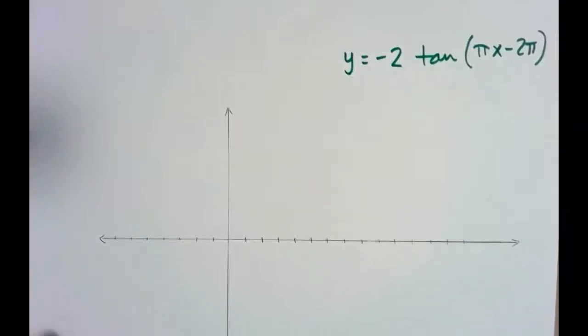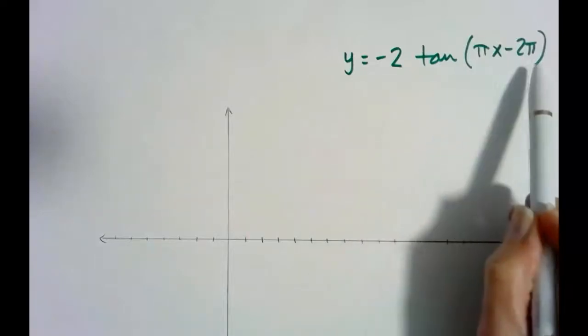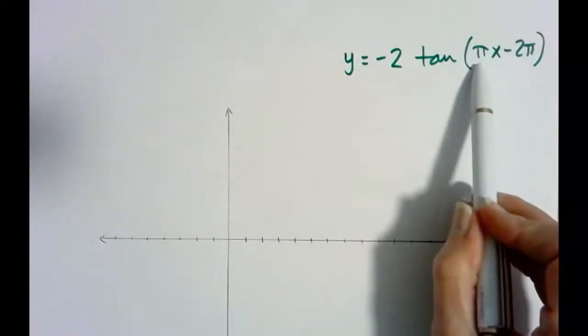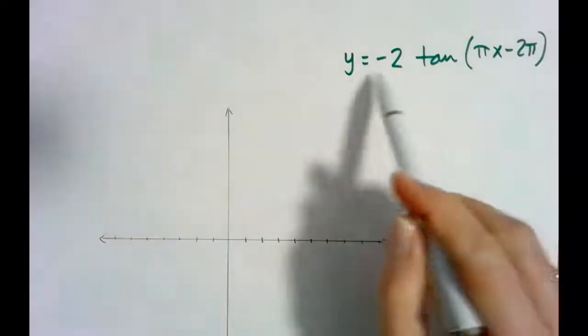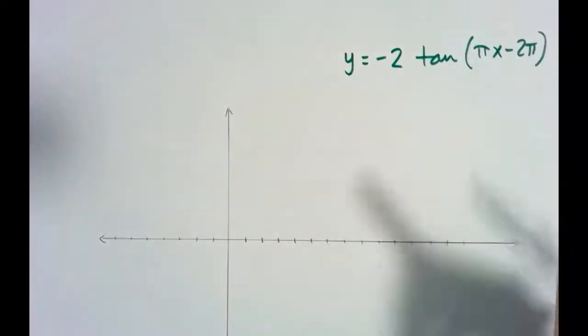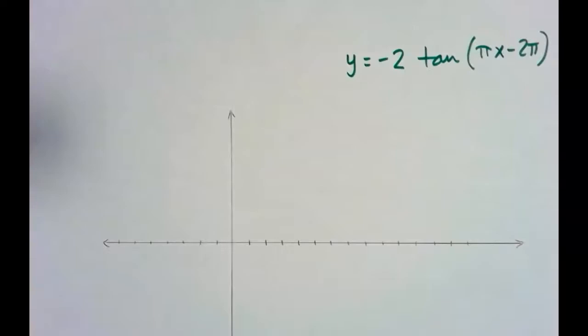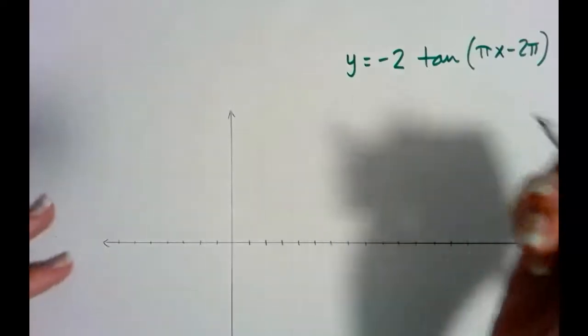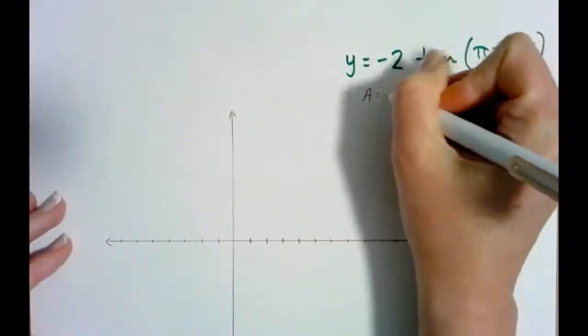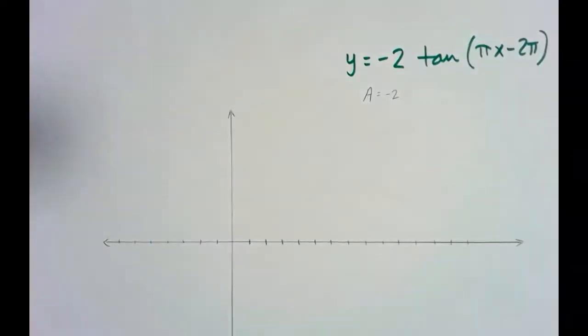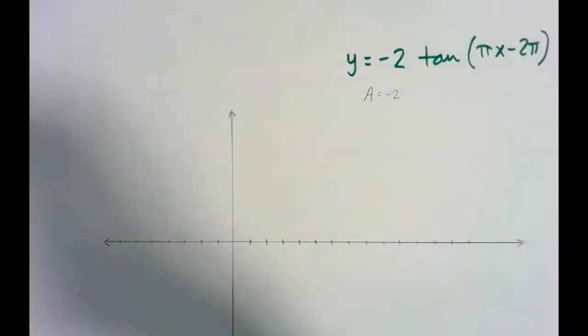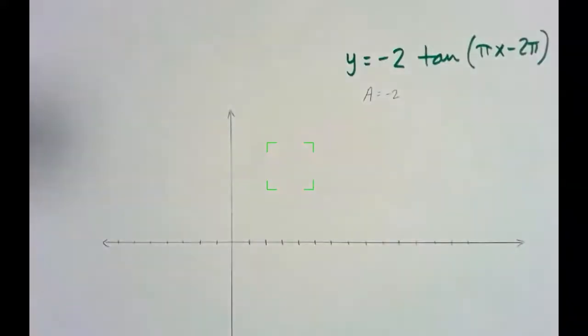This is graphing the tangent function with both a phase shift as well as a change in period. So let's go through the equation that's given here and let's pull out the pertinent information so we can get this graphed. First of all, we have an A value of -2. And remember what we talked about in class. Having an A value of -2 is going to create a reflection, and it's also going to create a stretch